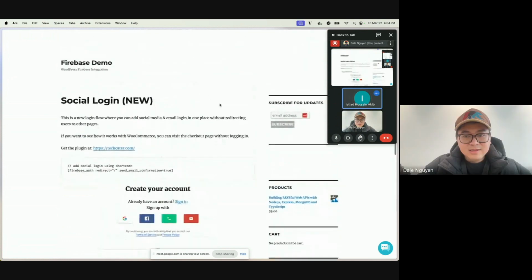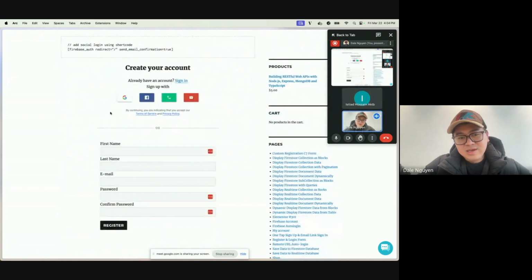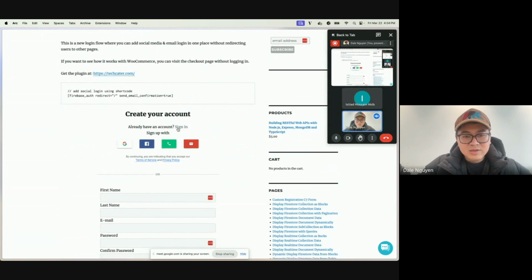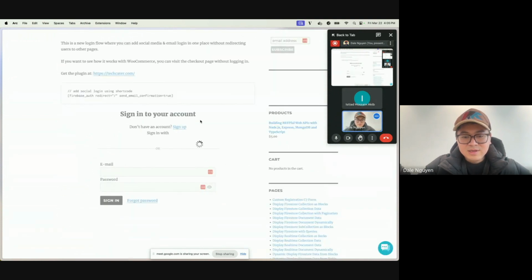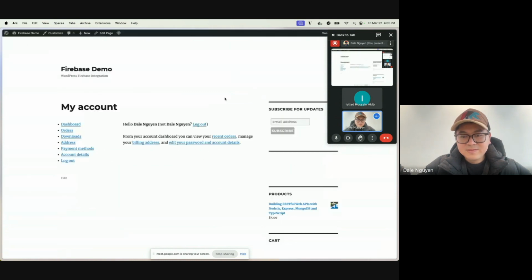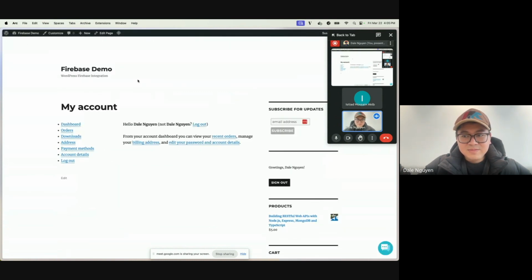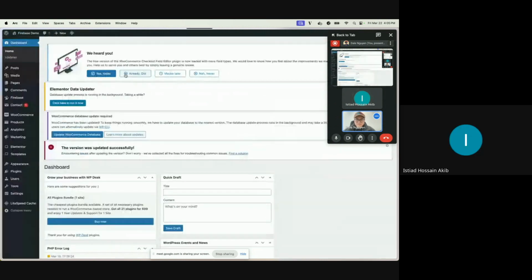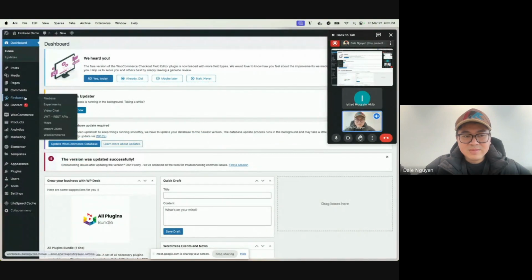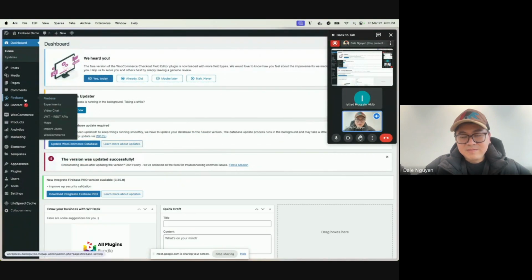And after you log in, I can try to log in using Google here. And yeah, it has a loading screen. Cool. So right here, they have access to the dashboard. After login, you have the option here where you have Firebase. Then you can enter information into this one. And then, if you read the documentation,